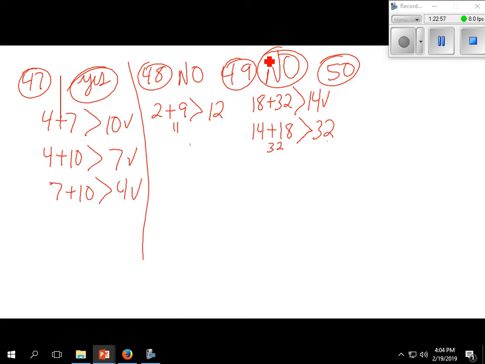Next one, number 50. We pick a couple of sides here. 41.9 plus 62.5 should be greater than 103. Let's see, that's 103, 104, that's 104.4. And yes, that's greater than 103, so that one checks out, and that doesn't mean all of them work,